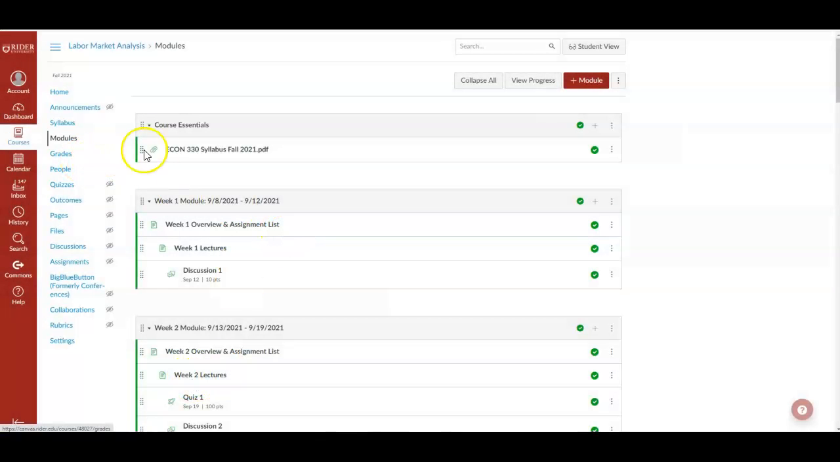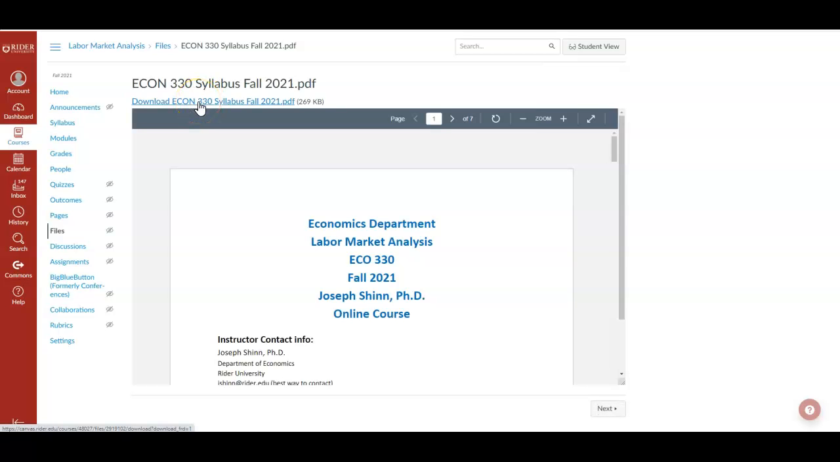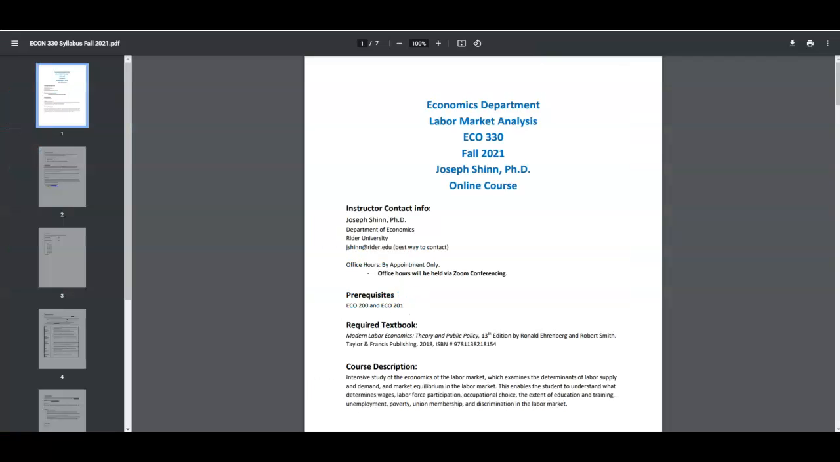So again, this is Labor Economics. This is the Canvas site, and you're going to find everything you need on this site. Under the Essentials, you'll see the syllabus, which you can either view here or download it. And so we have my information here,